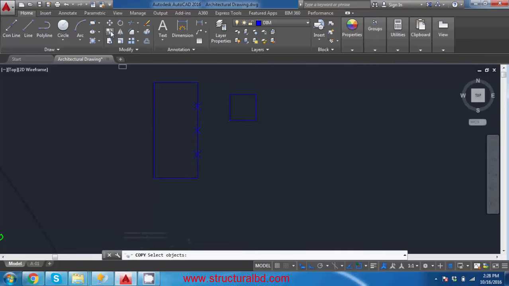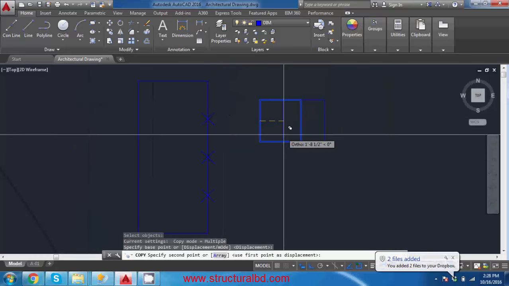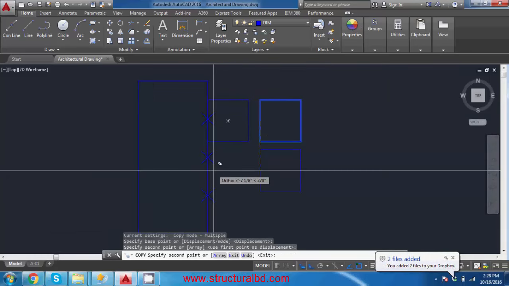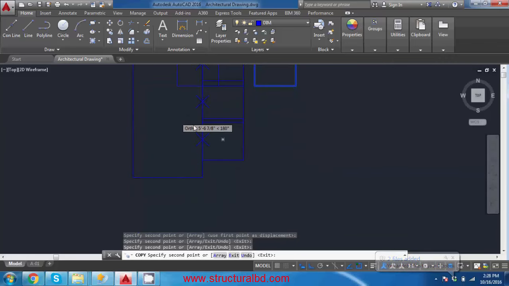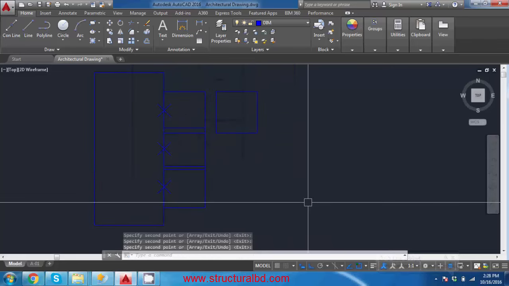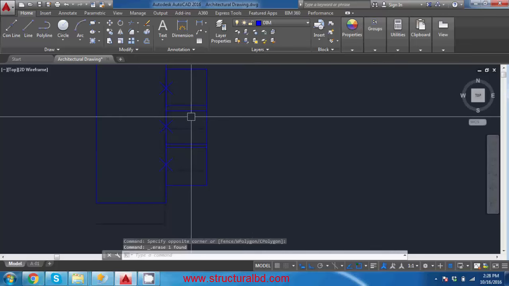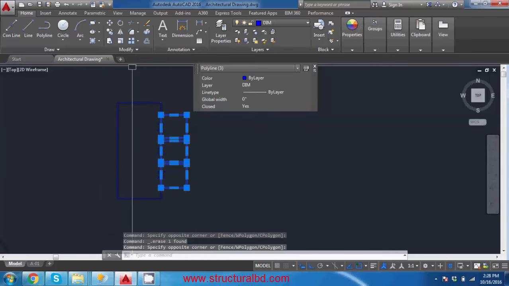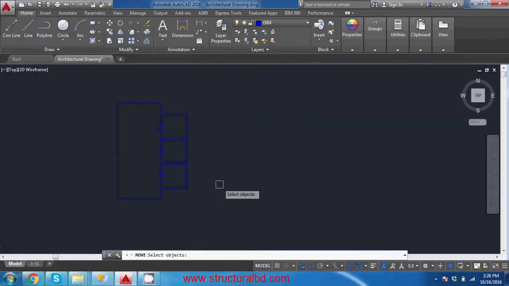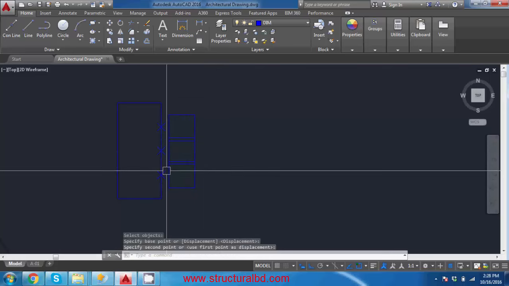Now copy this chair, select this midpoint and click on each point, and enter to exit the command. This way you can place objects equally, and now you can select and go to move, select and move that partially, and